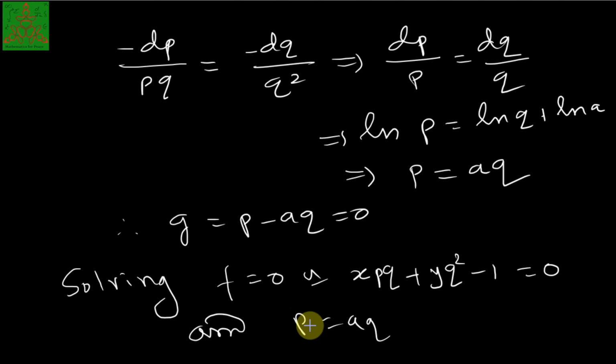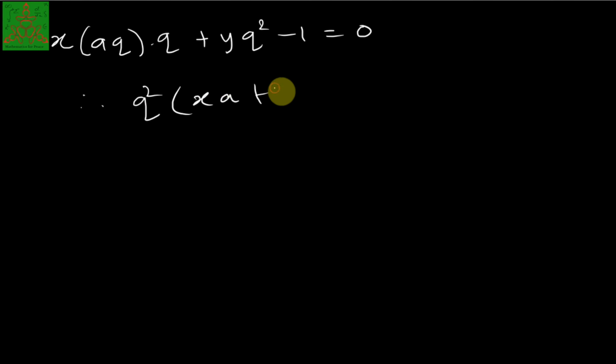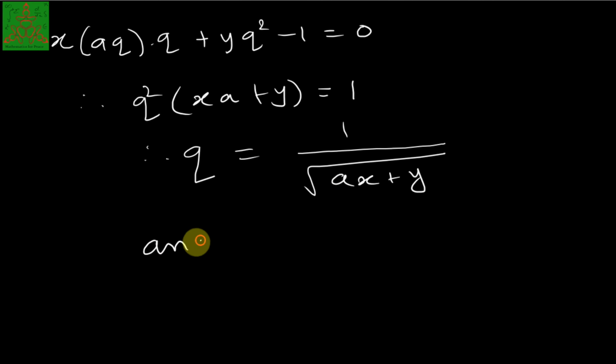So if I substitute the value of p equal to aq in this equation, then that will lead to x into aq into q plus yq square minus 1 equal to 0. So that will give me q square into ax plus y equal to 1. That means q will be 1 over the square root of ax plus y, if I consider the positive square root. And hence the value of p, as p is equal to aq, is a upon